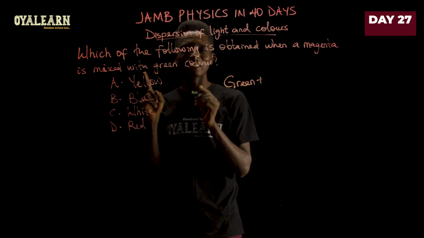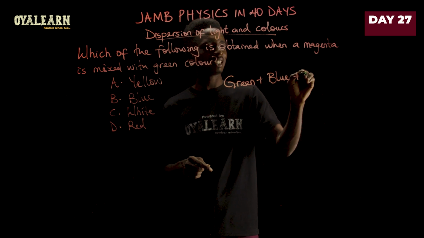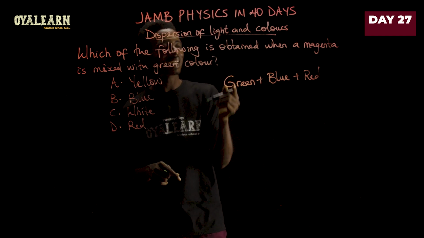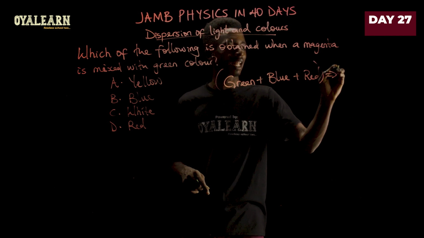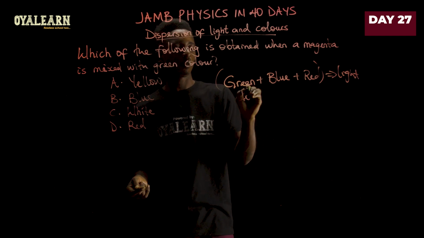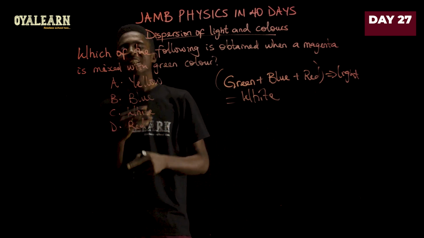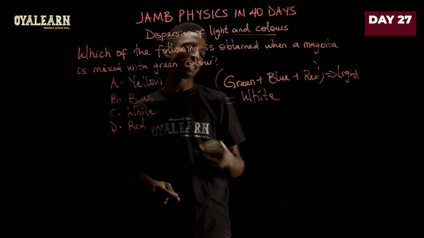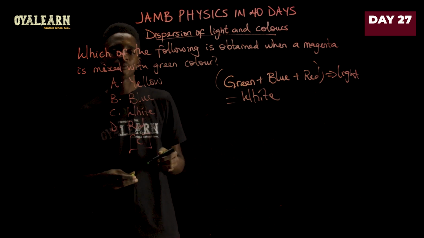Then you want to add it to magenta, which is actually blue and red. Remember, it's blue and red that makes magenta. Now, when you mix green, blue, and red as light, remember, this is in terms of light, okay? What you get by mixing the primary colors of light is white. The result is always going to be white. So since we do not have black here, that eliminates the fact that it is pigment. That leaves us with colors of light, which means the answer here will be option C, which is white. So we go with C.